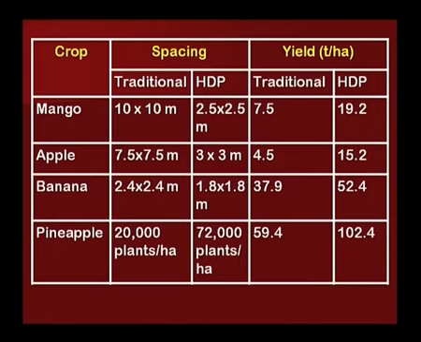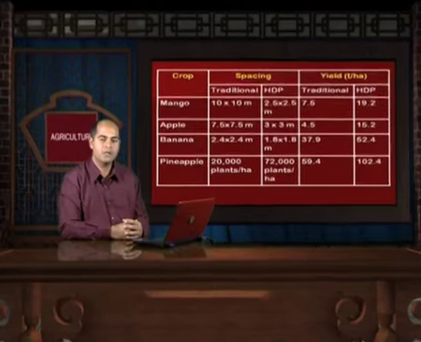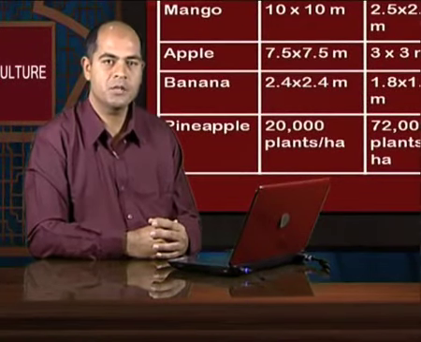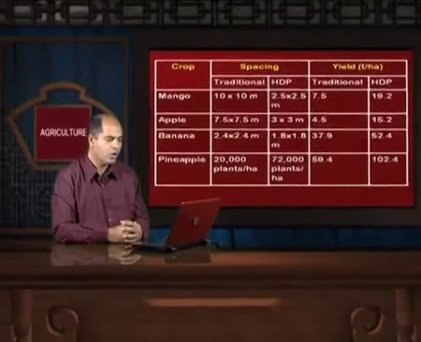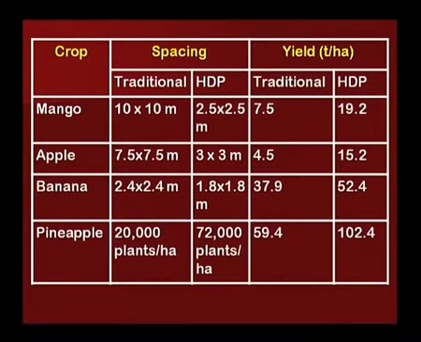The spacing always refers first to row to row and second to plant to plant. So, in case of mango, when we say 10 multiplied by 10 meter spacing, it means the spacing between row to row is 10 meter and the spacing between plants within a row is also 10 meter. Traditionally the 10 by 10 meter spacing is practiced in mango, whereas in high density planting 2.5 by 2.5 meter is practiced, and you can see that the traditional yield is 7.5 tons per hectare of mango, whereas in high density planting